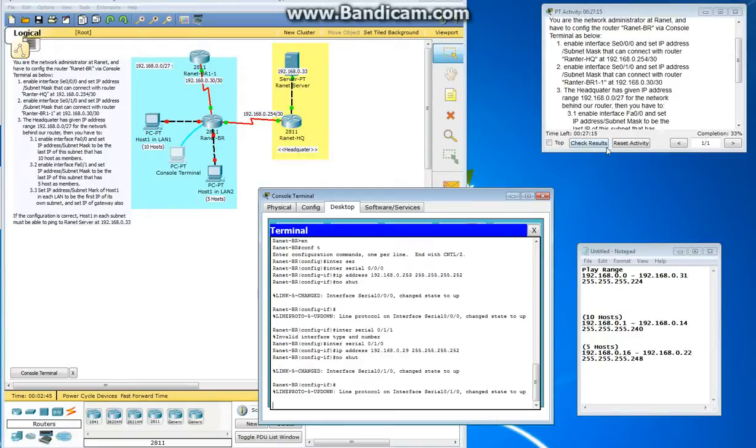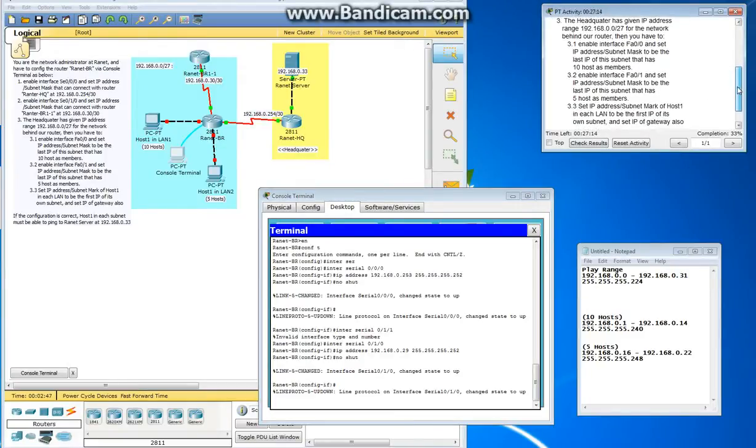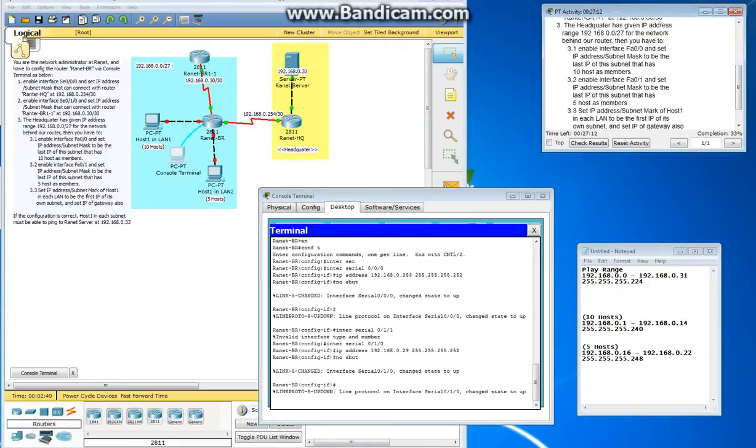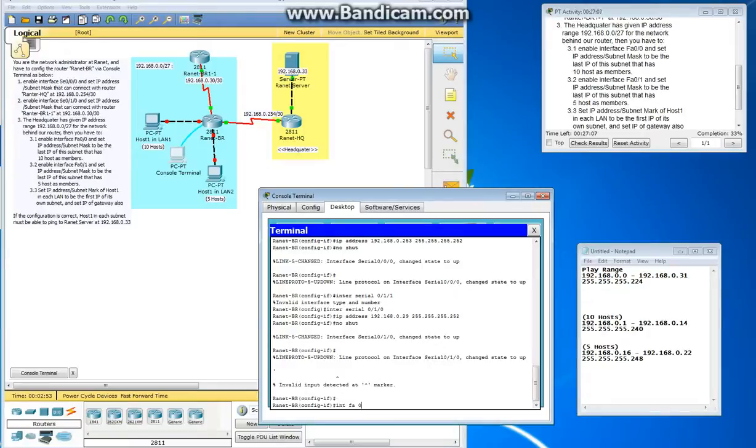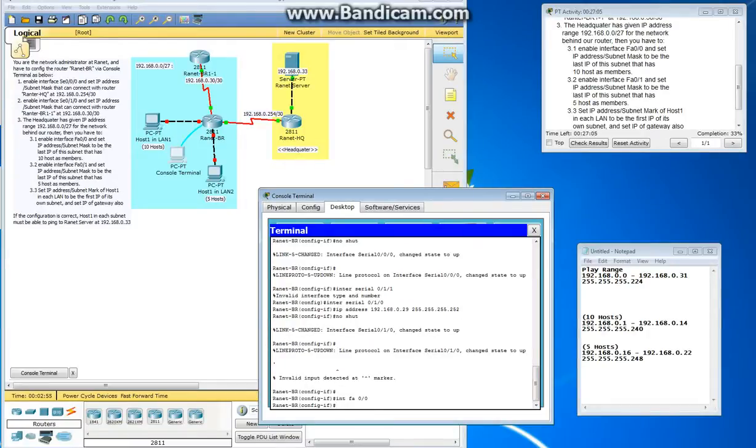So let's move on to setting the Ethernet interfaces and getting these subnets made. So interface fast Ethernet 0/0, and this is the one connected to the bigger of the two networks, so the 10 host. So the closest I can get to 10 without going under is 16, and that's a 240 subnet. So let's go IP address